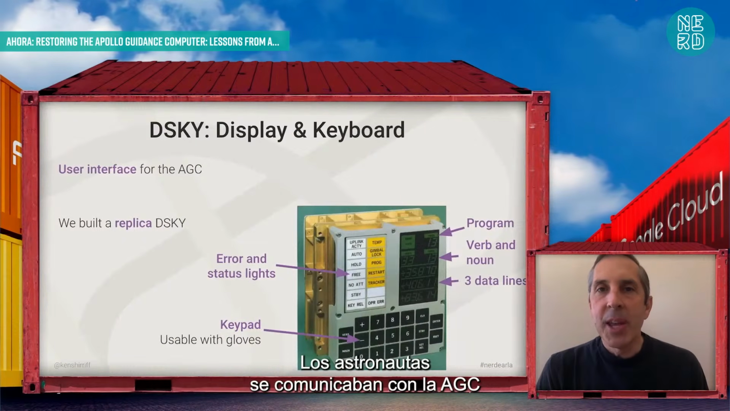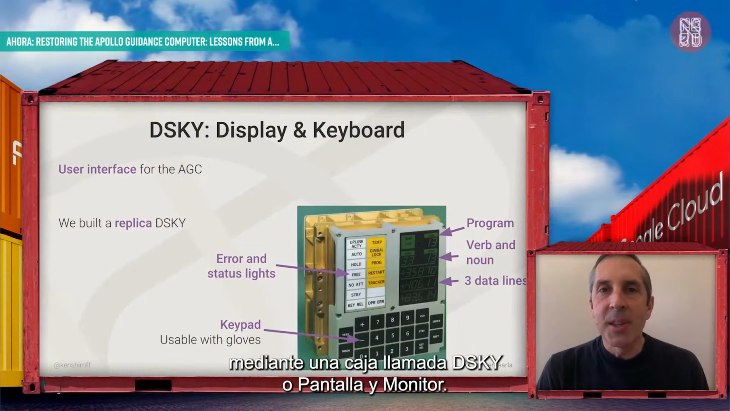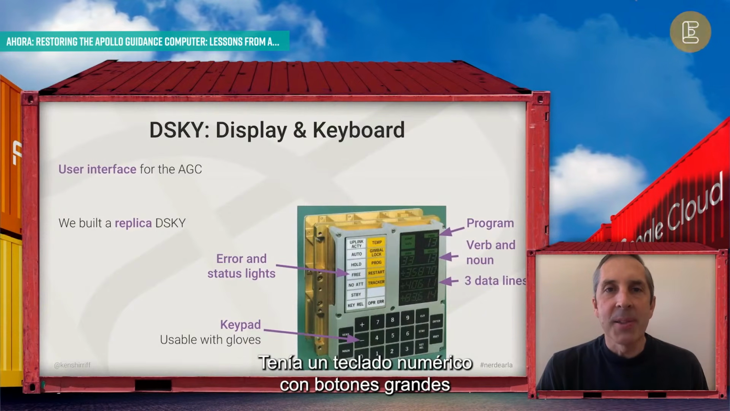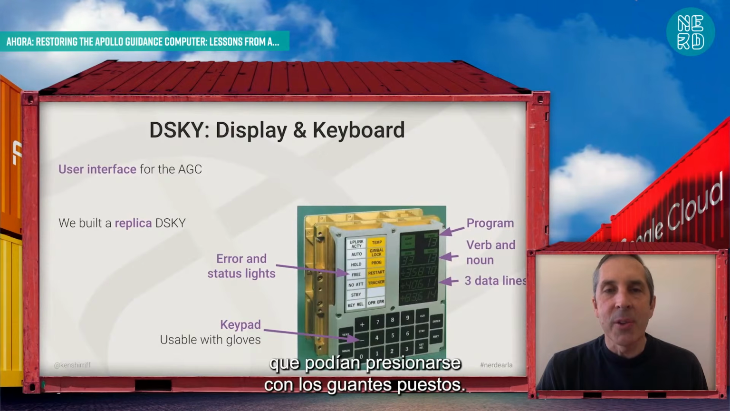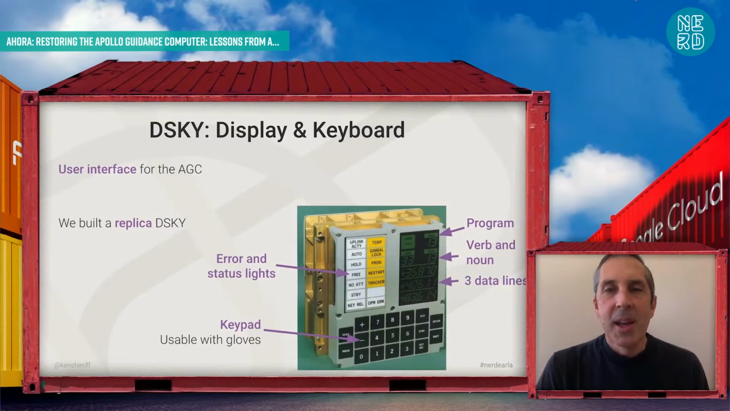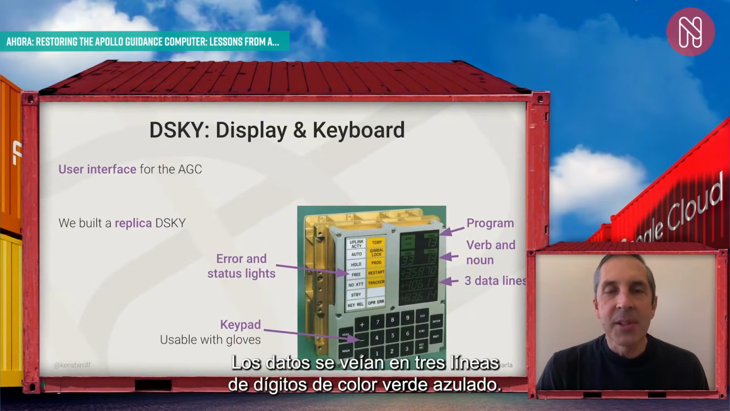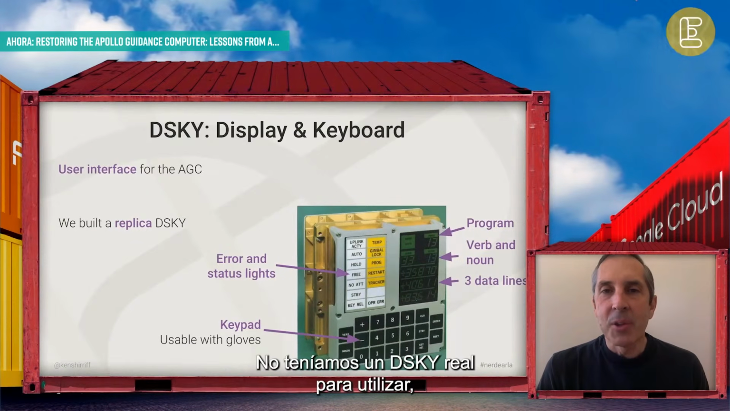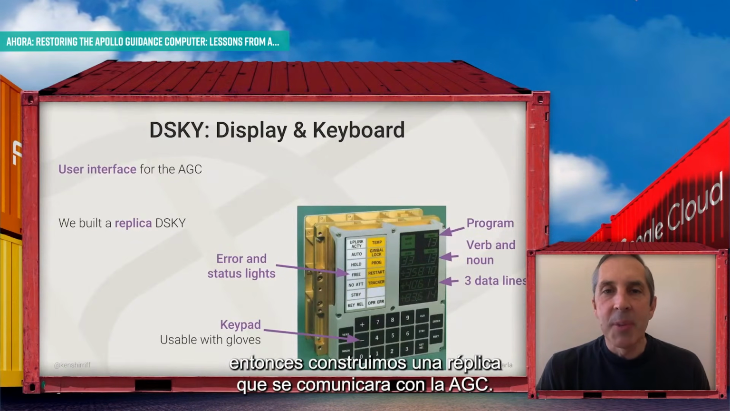Now, the astronauts communicated with the Apollo guidance computer through a box called the DSKY, the display keyboard. It had a numeric keypad with big buttons that the astronauts could press even with their gloves on. The DSKY had a cutting-edge electroluminescent display to reduce its power consumption. It showed data as 3 lines of digits that had a nice bluish-green color. We didn't have a real DSKY that we could use, so we built a replica DSKY to communicate with the